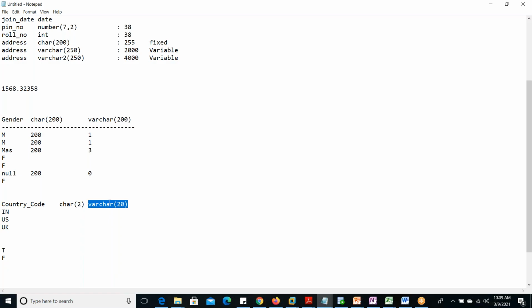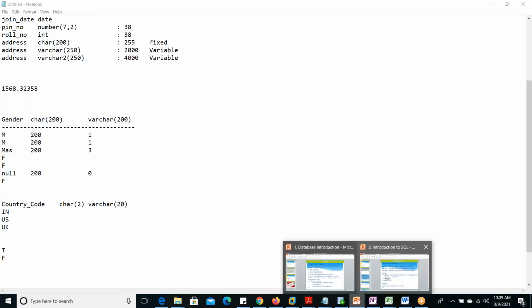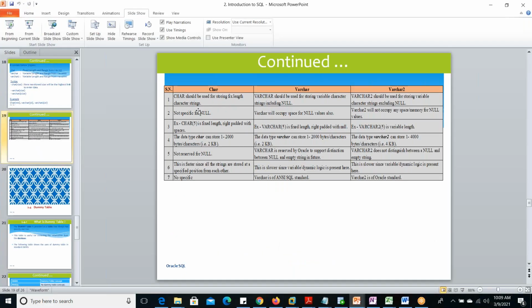And real time also that is happening. Whenever developers are defining a few columns, they are giving char also. If for every column they give varchar, then it will degrade the performance. It will take a lot of time. Okay, so these are very simple questions, but they will capture whether you have worked or not, whether you really have knowledge or not. So these are some differences between char, varchar and varchar2. I will send this, whatever we discussed, that only.